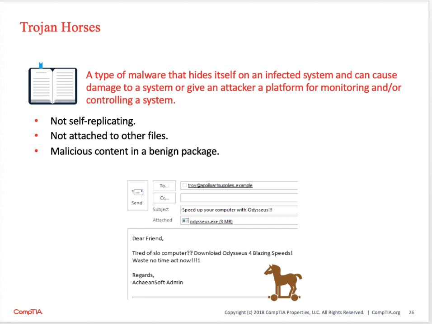Trojan horses. A Trojan horse is usually just called a Trojan. It is a type of malware that hides itself on an infected system and causes damage to the system, or it gives the attacker a way to monitor or control the system, like through a backdoor, right? Trojans don't self-replicate. They don't attach themselves to a new file. However,